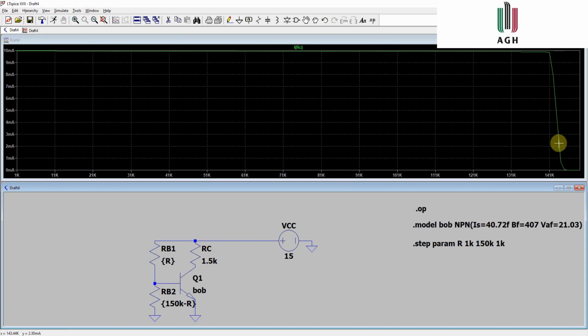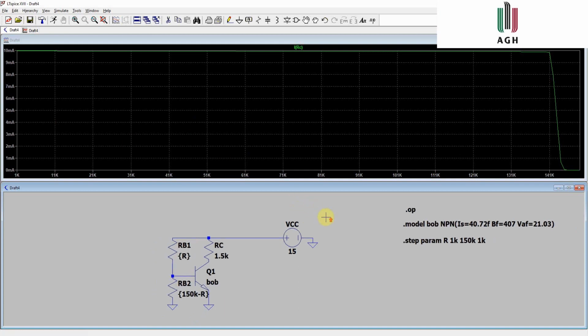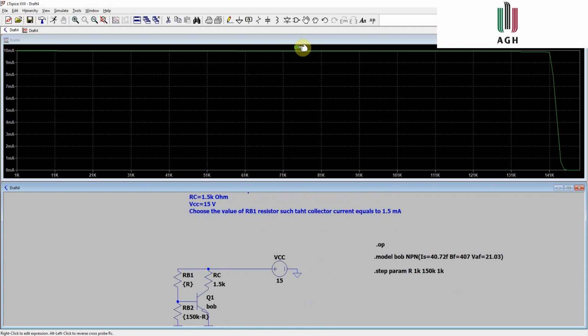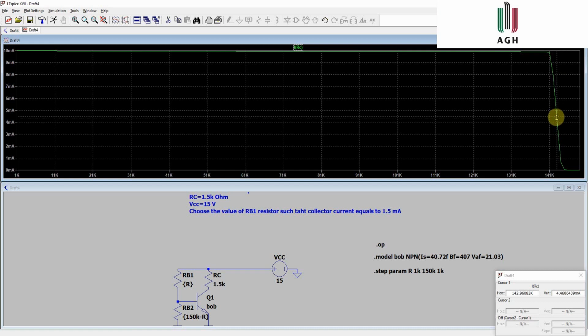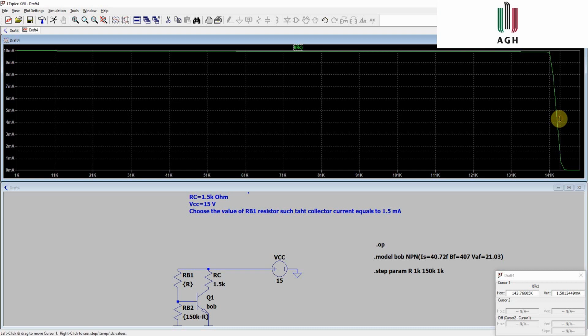How does the current change? We're interested in the value of 1.5 milliamp. So by clicking IRC, we obtain a tracker which we can manipulate through our trace to find the desired value. In here below we can see a text box that shows us horizontal and vertical value. We want 1.5 milliampere, so our vertical value needs to be 1.5. It's right here, and we can see that such value in this model, in this configuration, will be obtained when the RB1 resistor is 143